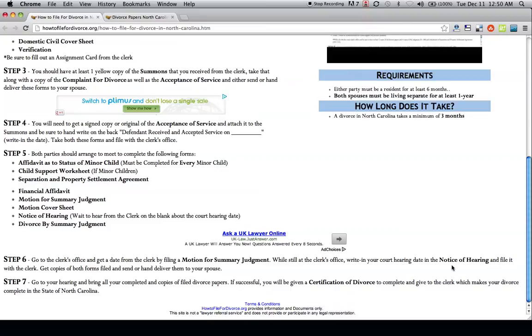And then that's when you're going to have to notify your spouse of the court hearing date by sending them certified mail with return receipt to make sure that they get it. It's very important that they get this, or at the very least know of the hearing date. So as long as the both of you go to your hearing date with all your completed divorce papers